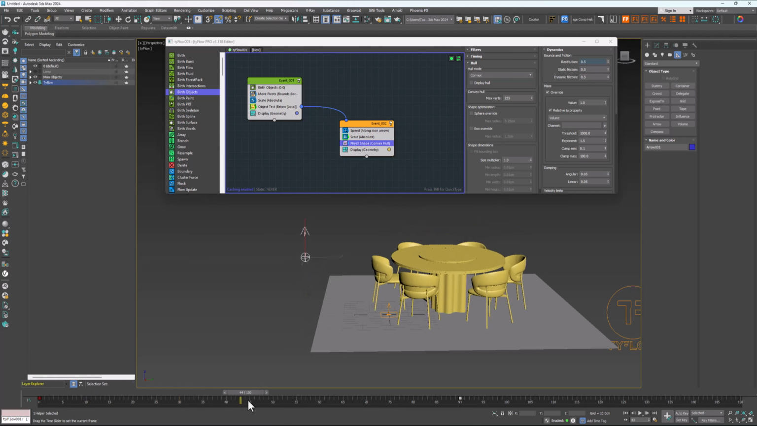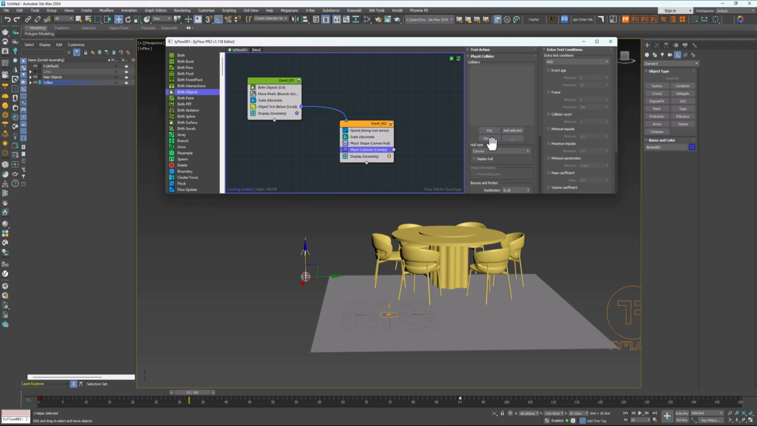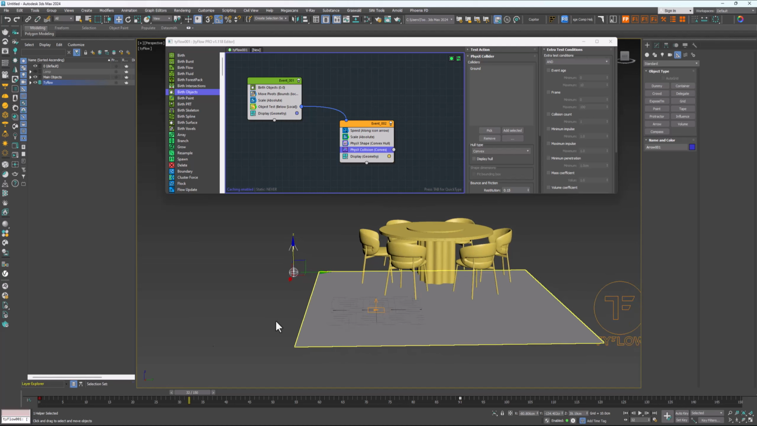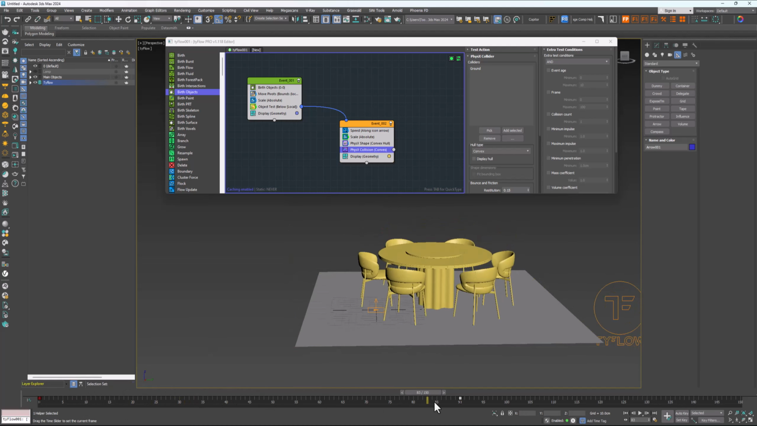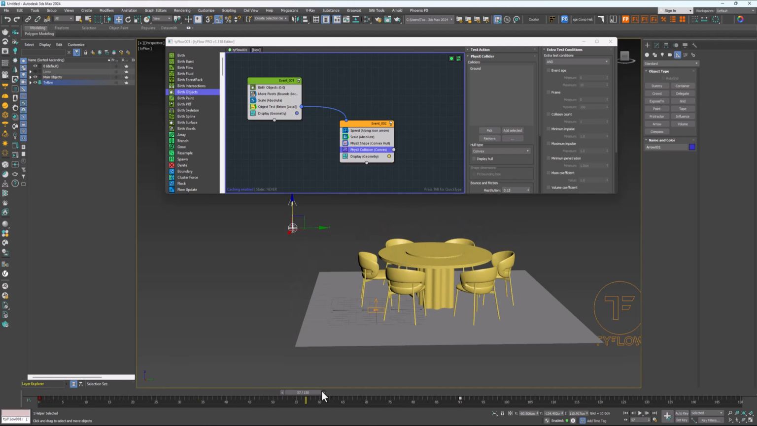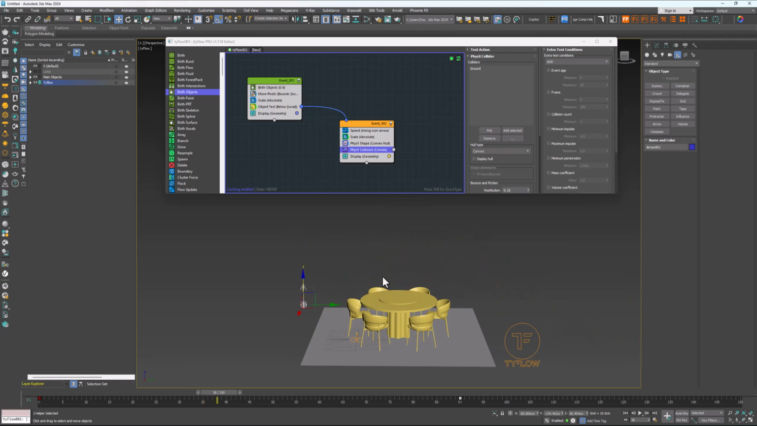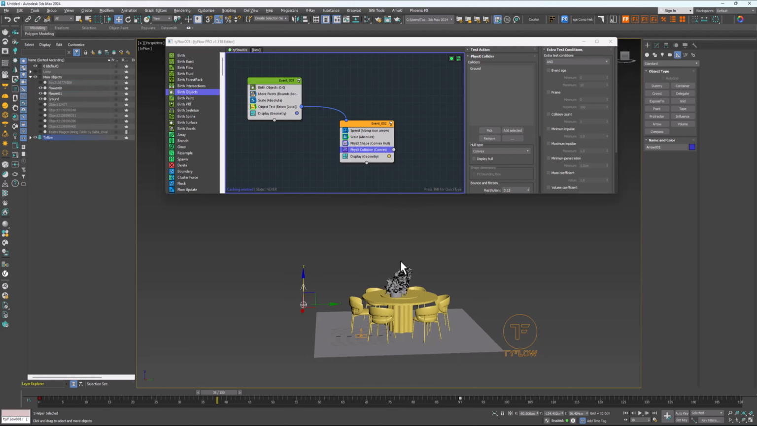Yes, 0.5 is okay and very realistic in my opinion. Also I can add a collision, physics collision, and add this ground or floor to the physics collision. So far everything is great. Then I want to animate the flowers here on top of this